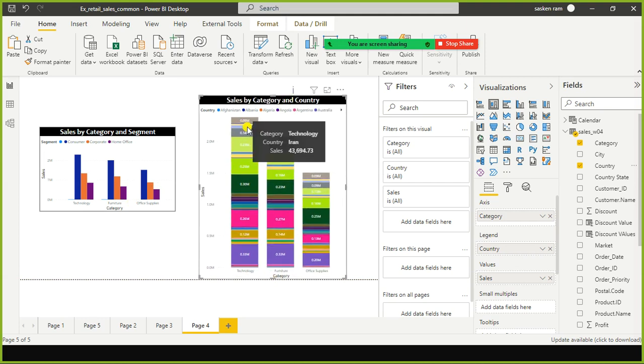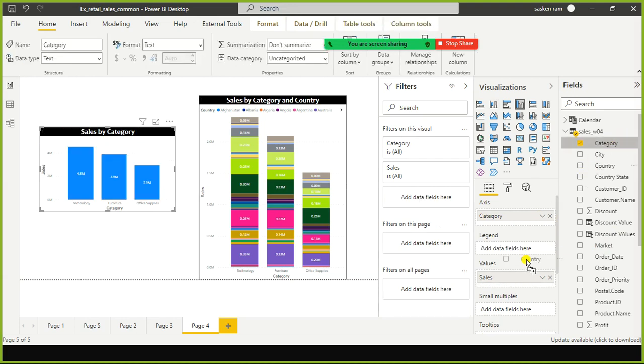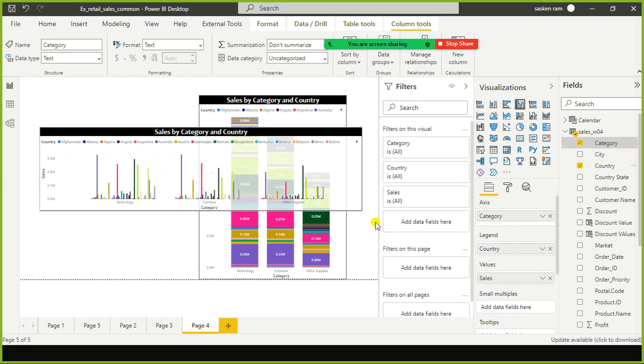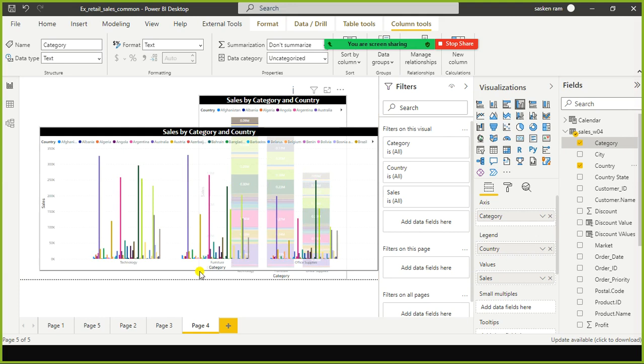But still, it is small and not so helpful to visualize. And when you use the clustered bar chart with the country here, even in this case it is very thin. Even in this case you can expand it, but the taller bar gives you a quick